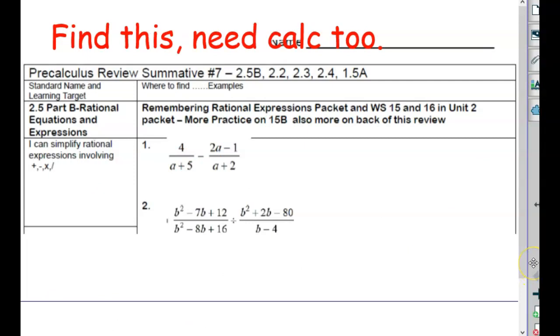I think I made a Delta Math. Did I make a